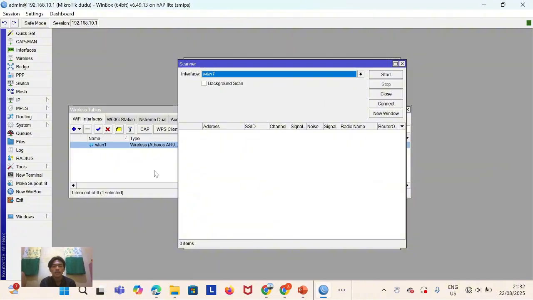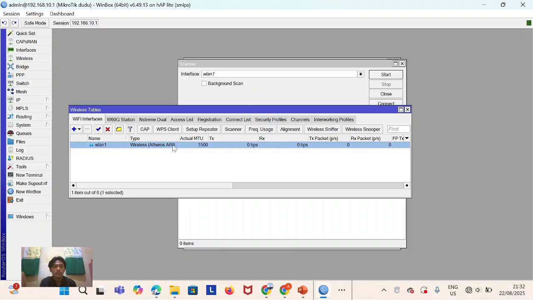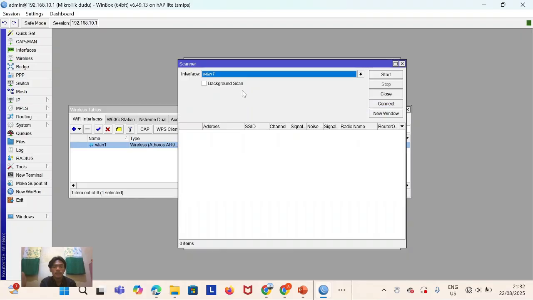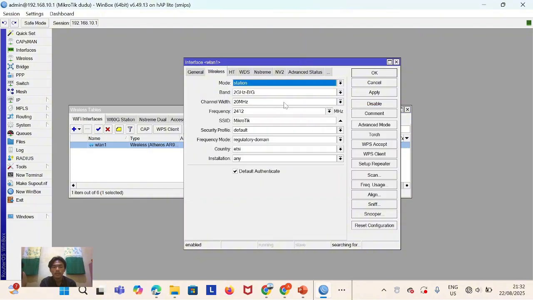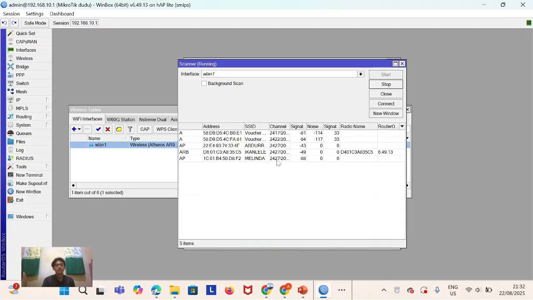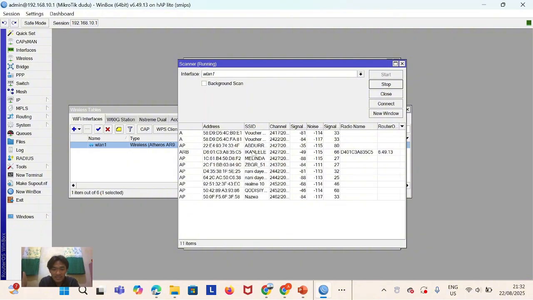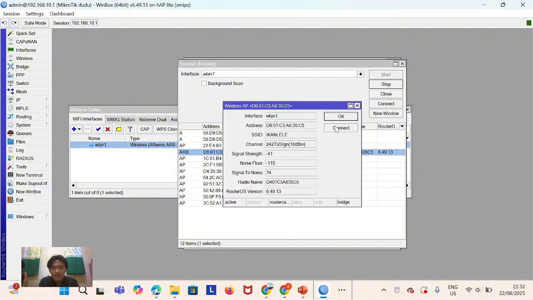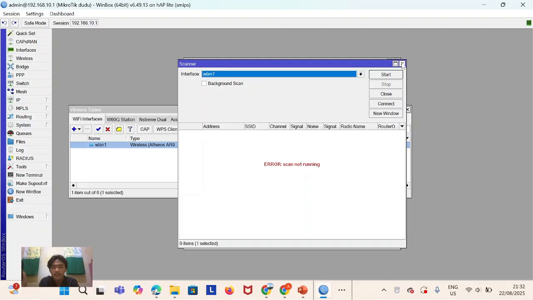Stop that, set the wireless station mode, and scan. And then the name, MikroTik. You can see ikan lele. Ikan lele, yeah, and then okay, connect.